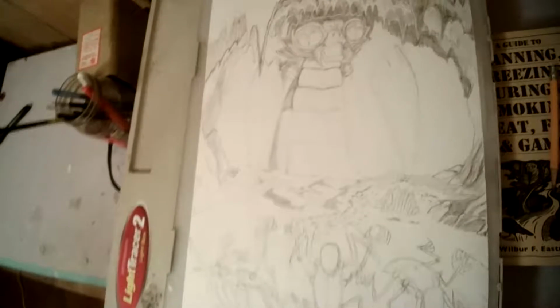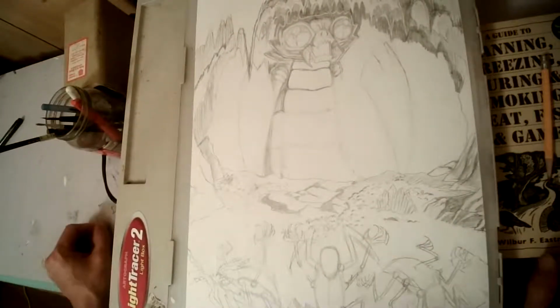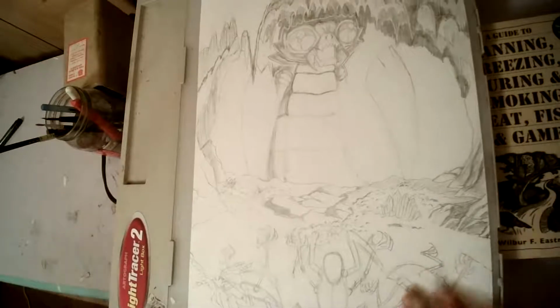Oh my god, is that an earthquake? No, I'm joking. So anyway, no, it's a giant locust beast. No. So anyway,